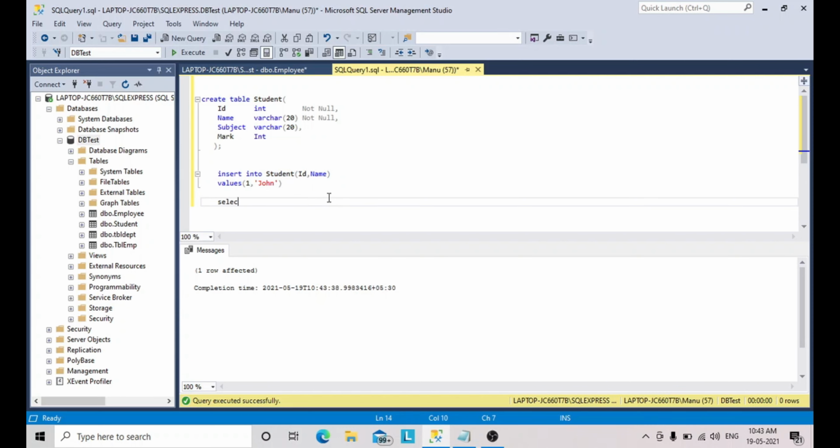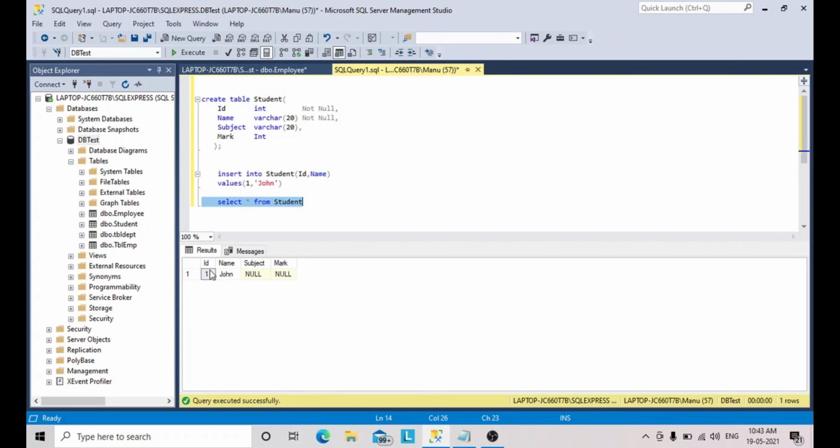Let's check. Select from the table name, student. See, ID 1, name John is inserted successfully. Now the subject and mark columns allow null values. These two fields are not allowing null values.